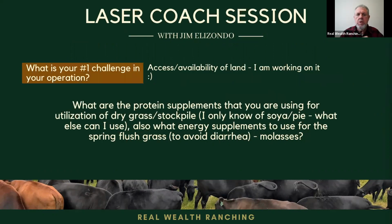So let's go back to your question. What are the protein supplements that you are using to better utilize the stockpile, which will be dry and many times low in protein and high in fiber? When the stockpile is low in protein and high in fiber, our ruminants, which sheep are ruminants, goats are ruminants, and cows are ruminants, cannot digest the fiber well, and then their digestive system gets constipated or blocked by too much fiber. And while you may see your animals full in the gut, they will go down in body